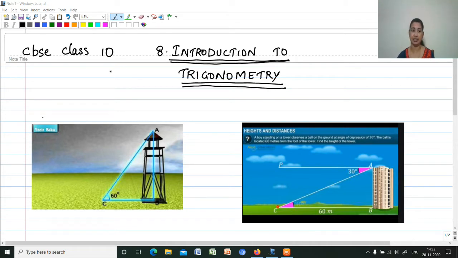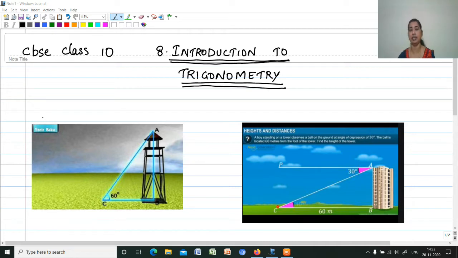Today I am discussing CBSE Class 10 Chapter 8 Introduction to Trigonometry. We have already studied triangles and in particular right triangles. In your previous classes we have learned about right triangles and many other triangles, but here in trigonometry we will be discussing